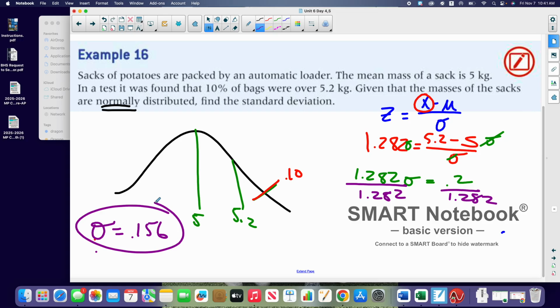Yes, sir? I don't understand how you got the z-score without using the formula. The z-score is always standardizing the data on a 0 mean and a 1 standard deviation. All right? So you take anything that you want, if you standardize it and make it 0 and 1, if you have a 90th percentile that we have right here, everything in the 90th percentile is going to have